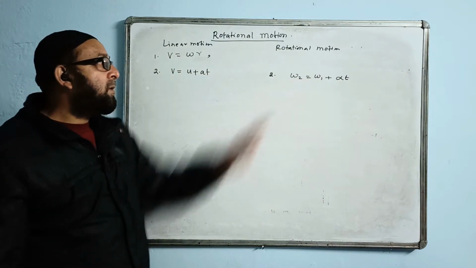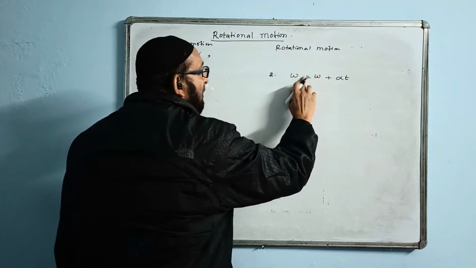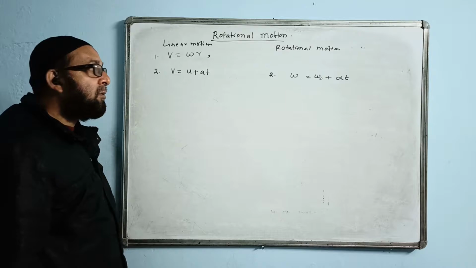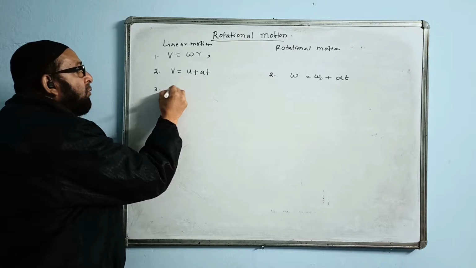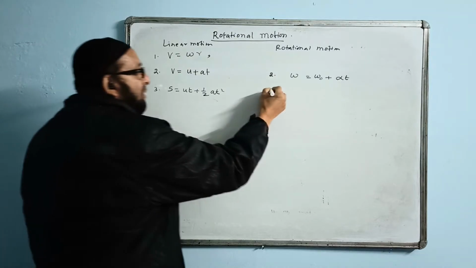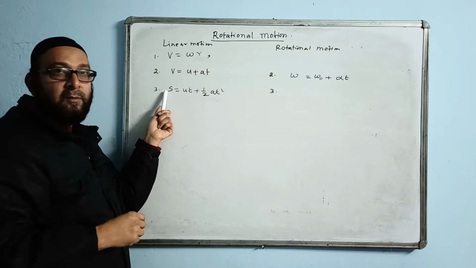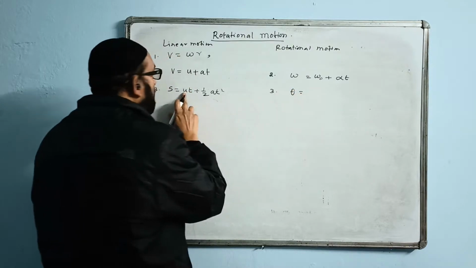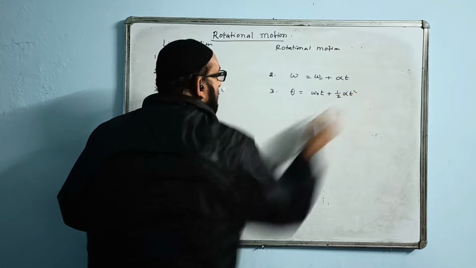So v is equal to u plus at, that formula I am writing like that. Here, if you want, instead of omega 1 we can write omega naught, that is the initial velocity. Omega is equal to omega naught plus alpha t. Third equation goes on like this. S is equal to ut plus half at squared. Here the same equation will change for rotational motion. S is distance or displacement; here the same thing is called angular displacement, denoted by theta, and u becomes omega naught. We can write theta is equal to omega naught t plus half alpha t squared. A becomes alpha.